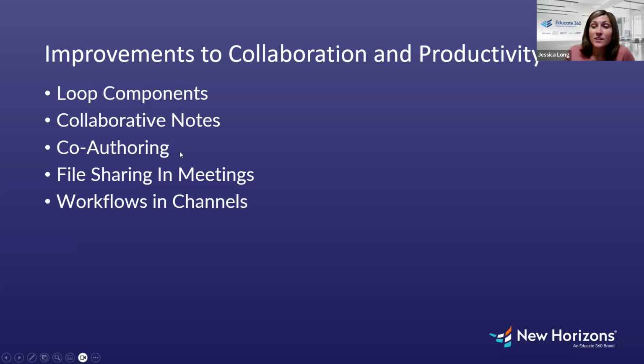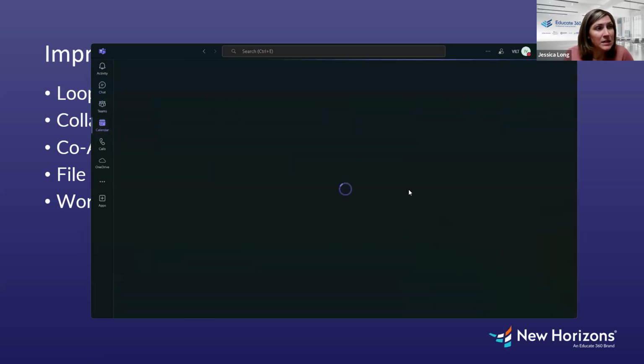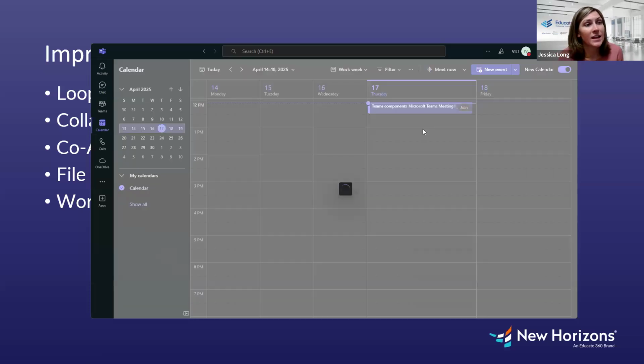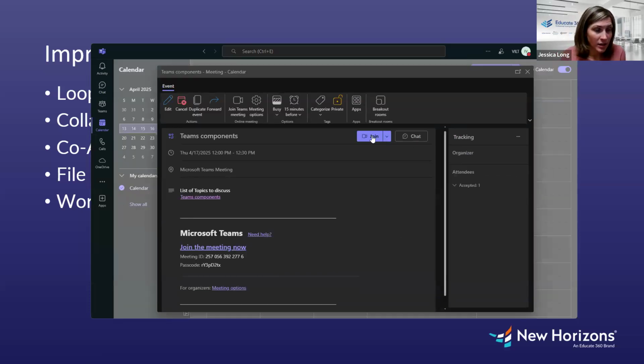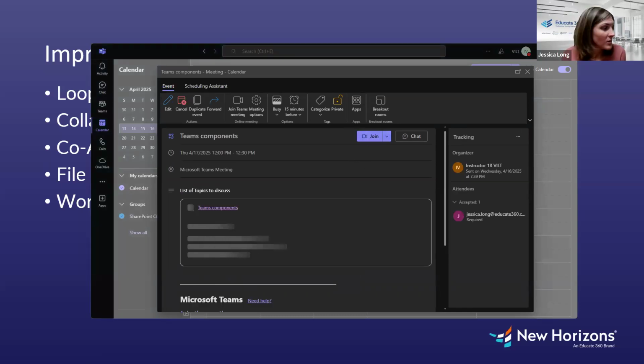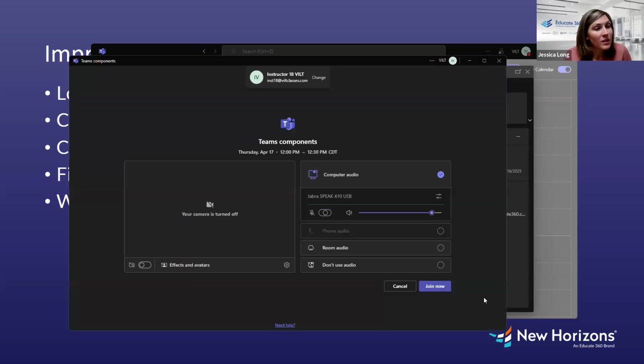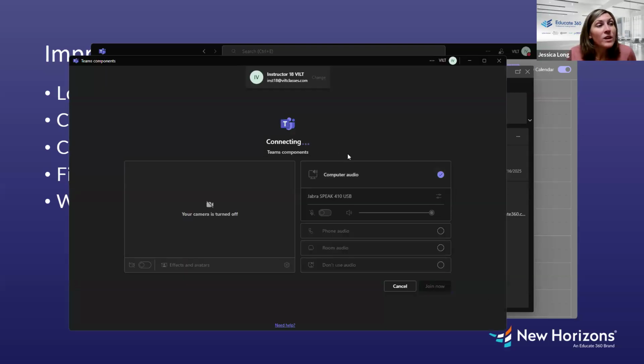Collaborative notes are another one of our improvements for collaboration. Collaborative notes are inside of a meeting, and I'm going to start the meeting that I made for our session today. When I do join, the first thing I will mention is I did add a Loop to our actual meeting, because Loop can be added to meetings as well. When I do join, what we have